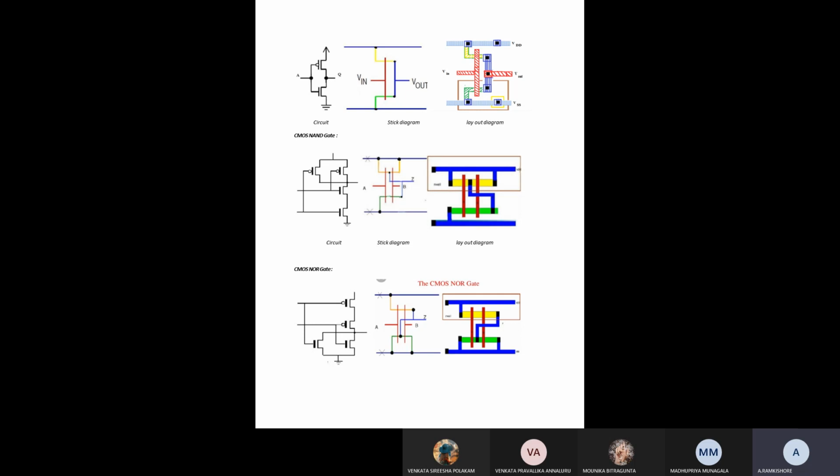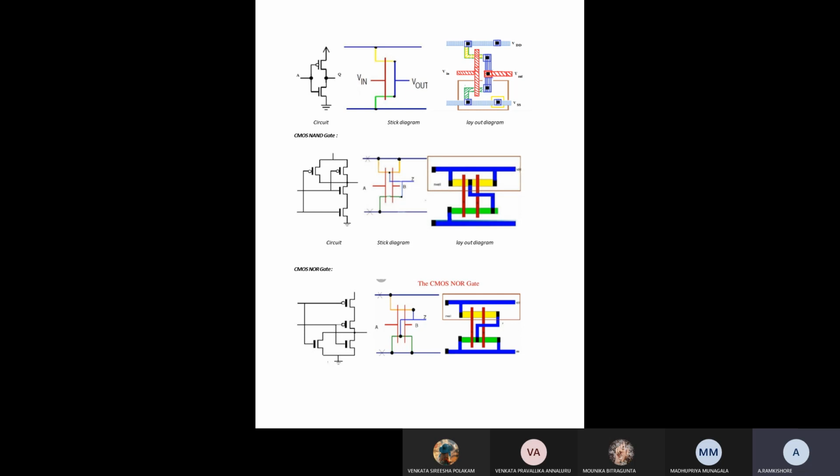So in between the metal contact, we have to take the output. In that setup also, we have to draw this stick diagram for the CMOS inverter. While drawing the stick diagram, as much as possible, we have to reduce the contacts, or reduce the extra connections between one layer and another layer.